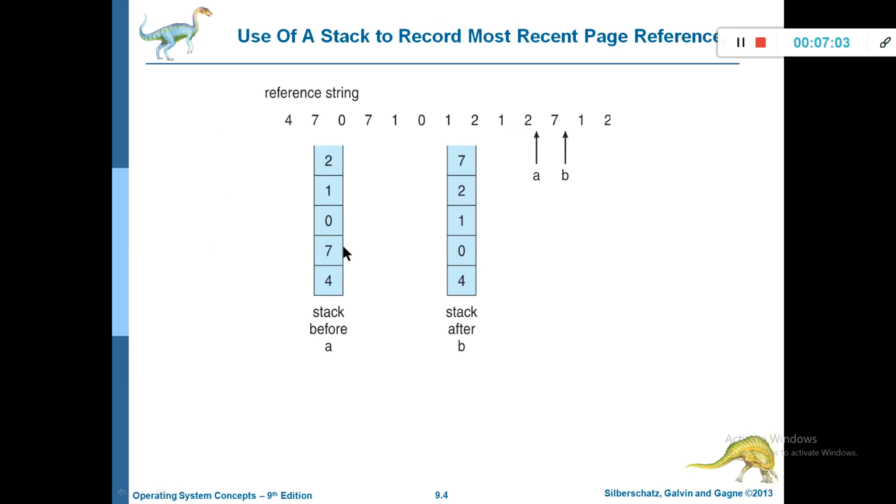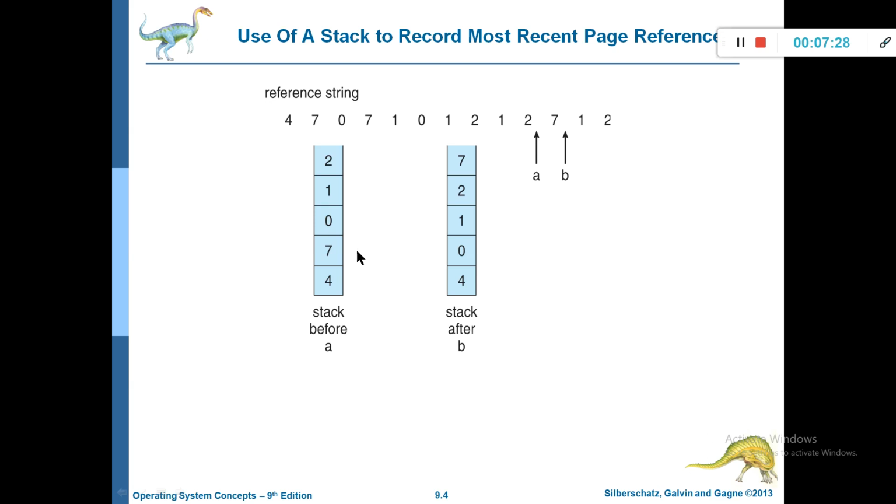Now what we are going to do: the page that is used is brought to the top of the stack. That page is searched for in this table, in the stack table, and it will be added on top of the stack. So this is the way we implement the least recently used page replacement algorithm using the stack.